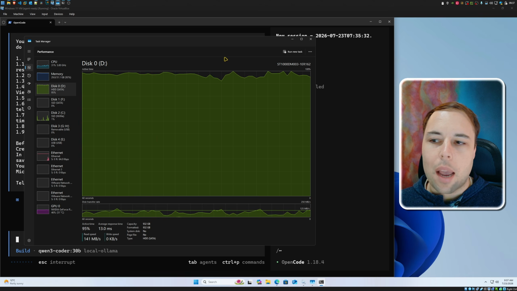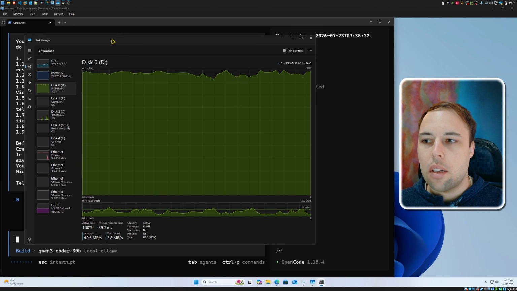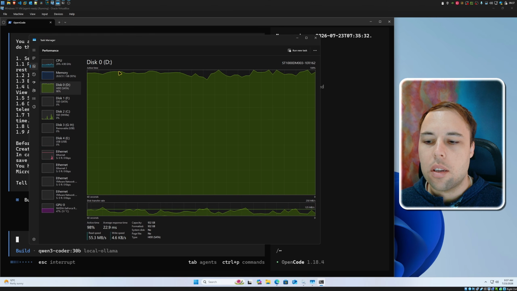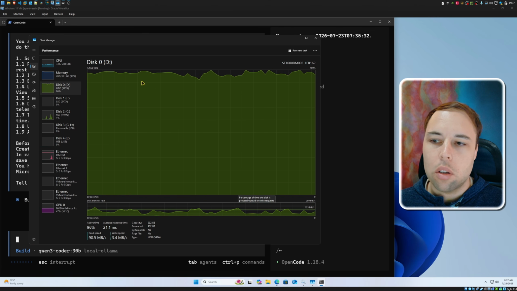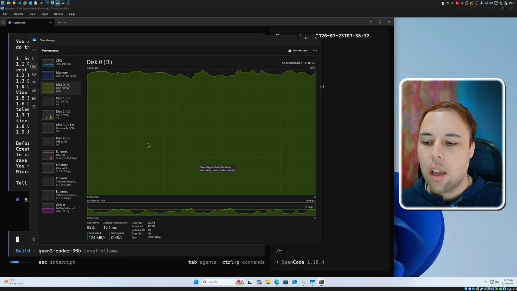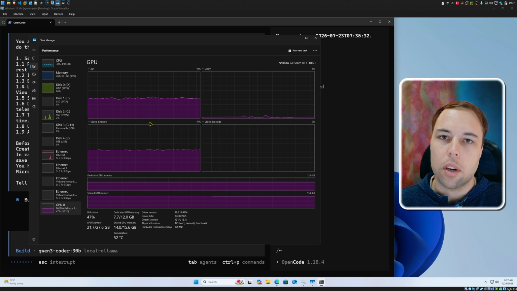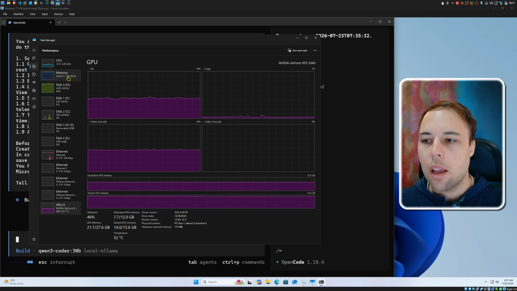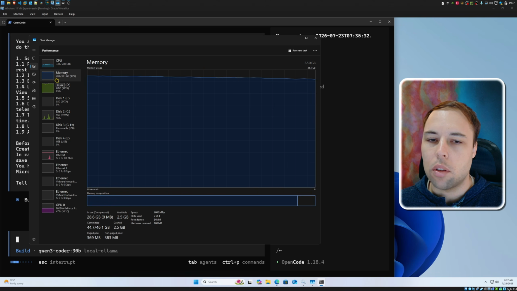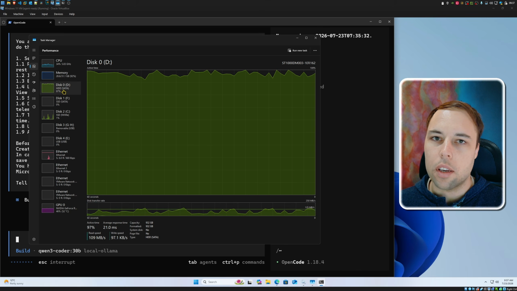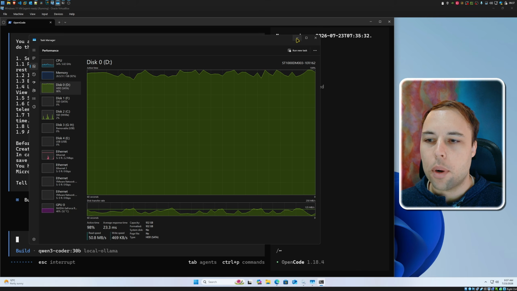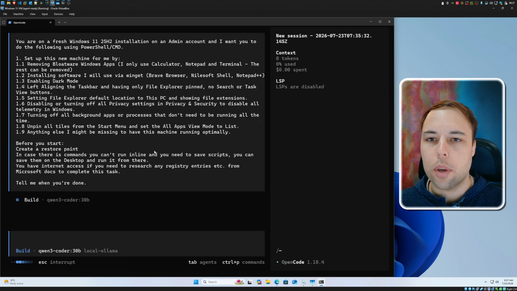What's currently happening right now on my main PC, this is the task manager on my main PC, is that it's getting that model from the disk where it's saved, and then it's writing it to my GPU. A certain part of it is getting written to my GPU's VRAM, and another part of it is getting written to the memory on the system. Once it's loaded off of the disk and into memory, OpenCode here will be able to talk to it via the network in Ollama.